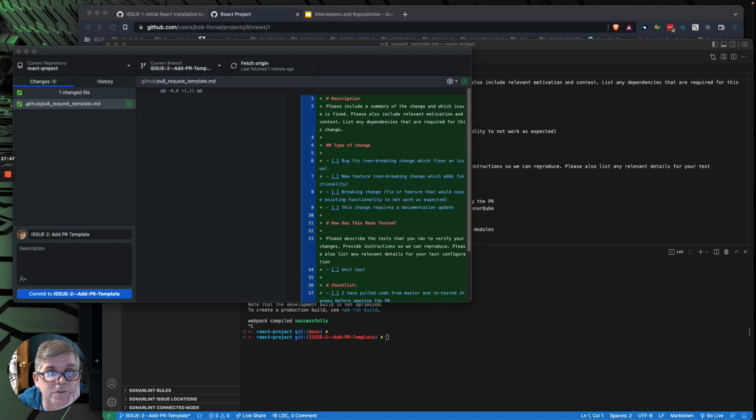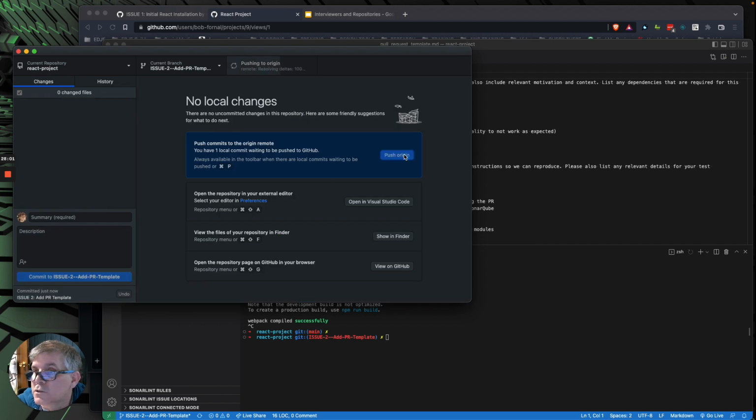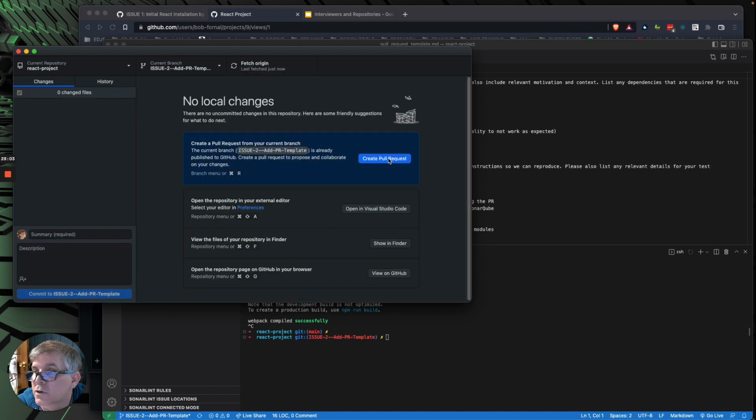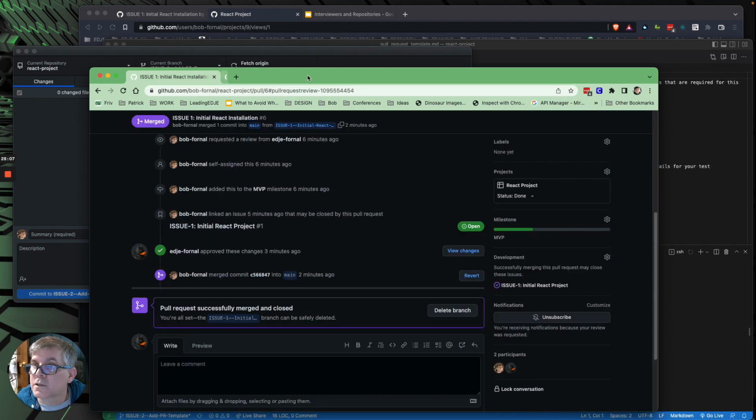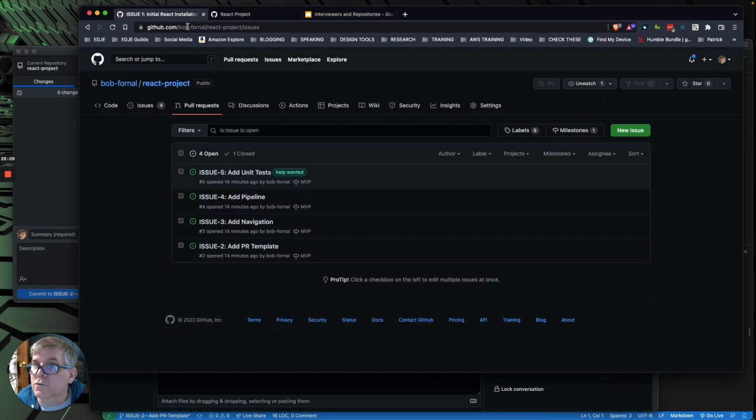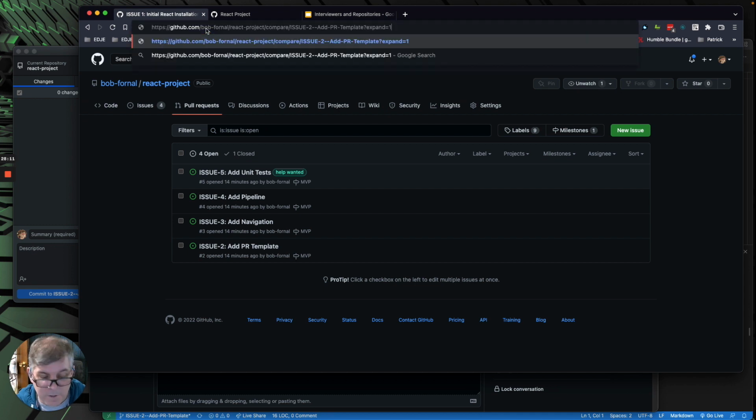Okay, because it's, there we go. Sorry, my directions went to the wrong place. So let me get back to where we're supposed to be. Branch 2, add the file. Okay, so we now want to commit this, push this. We need to create the pull request again, wrong place. Copy, delete, come back over here, paste.